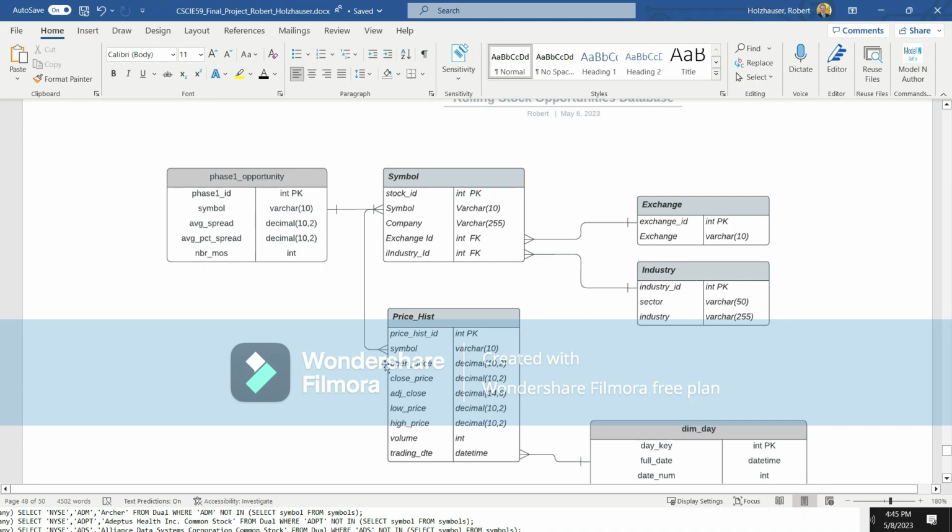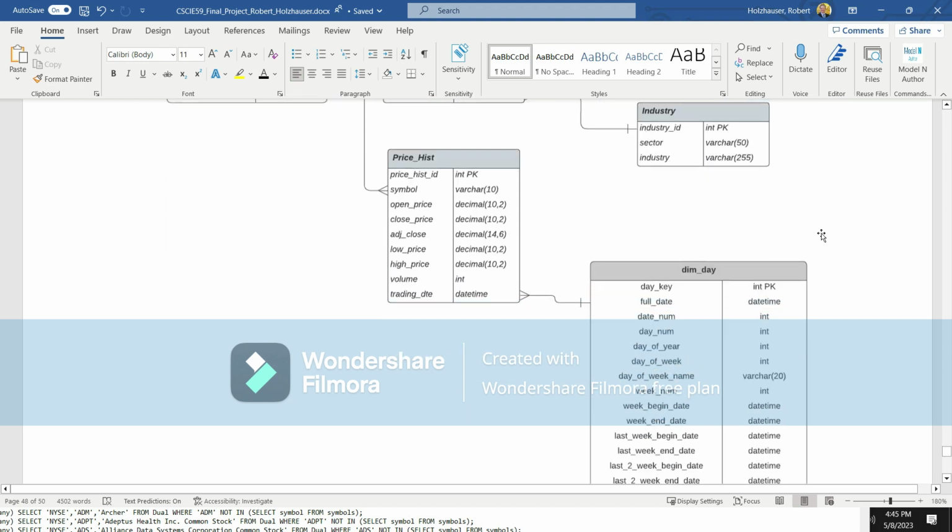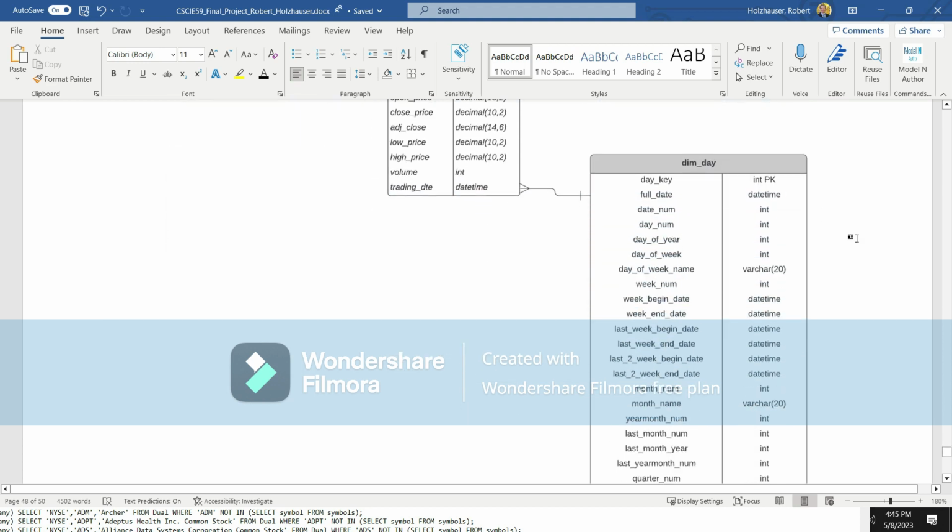an opportunity table. One thing, I did some normalization. It came with the exchange and the industry in every row, so I split that out so there was a separate table for the exchange and for the industry sector and sub piece. I thought going into this that it was going to be really useful to have a date dimension. I didn't end up making as much use of that as I thought I would, but I created that table at one point, and